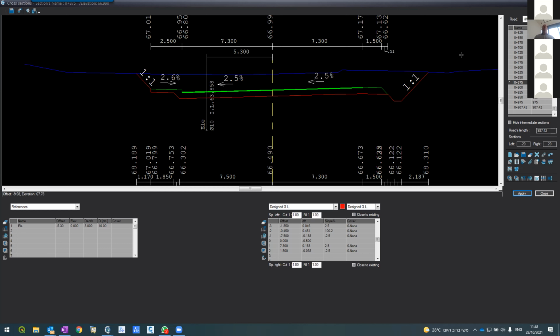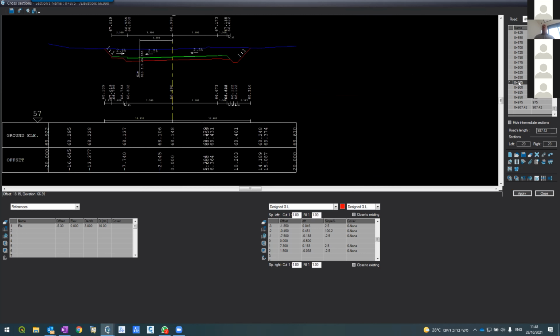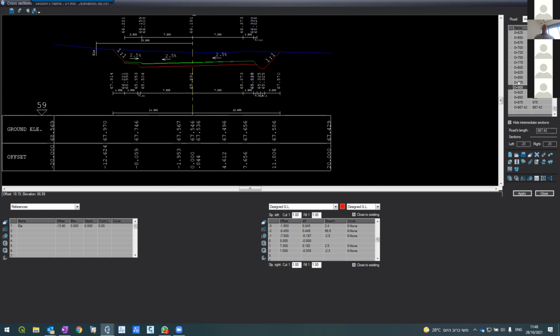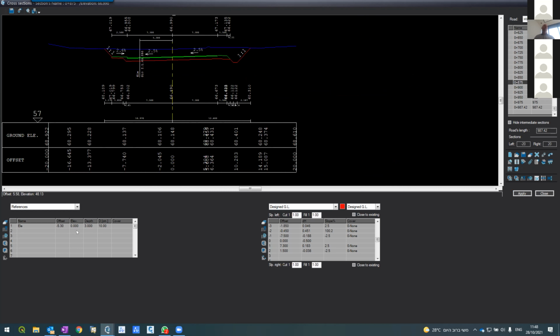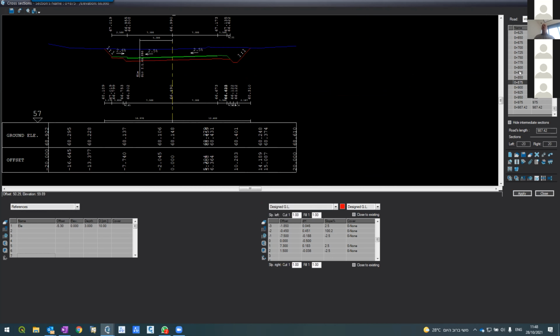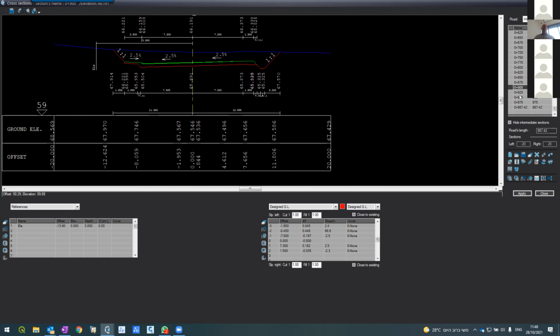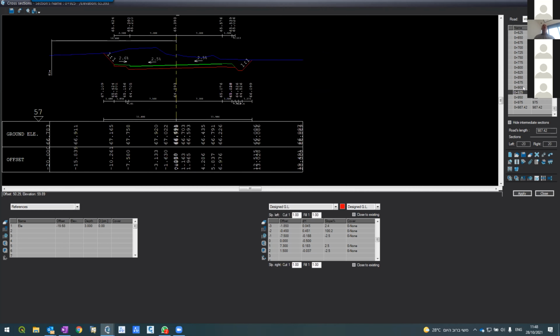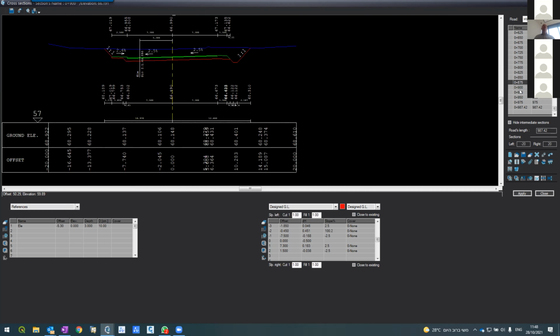Okay. But of course, it was only done here. What about the rest? Because I changed only a specific one. So how do I do it? I'm using the same trick that I used before. I'm standing on the depth, left click, right click, send to. Current cell, yes. If I send to all, I think it will work automatically. Yeah. You see, I sent to all, but the software was smart enough to know